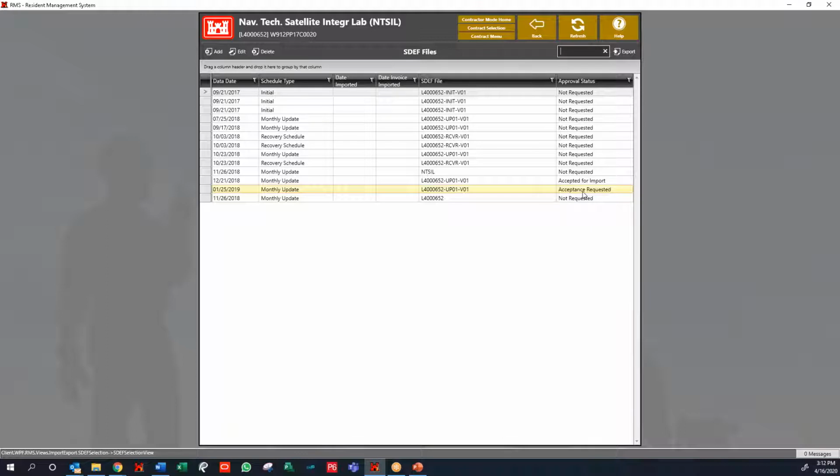But in this screen, you'll see acceptance requested. So once the guy accepts it, it'll be accepted for import. So obviously that's communication with your COR QA. Make sure they're doing their part. If it's taking a while, ping them, let them get their thing. But once it's accepted to import, we can get back in this,